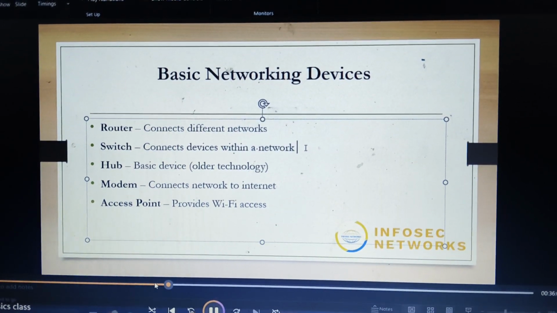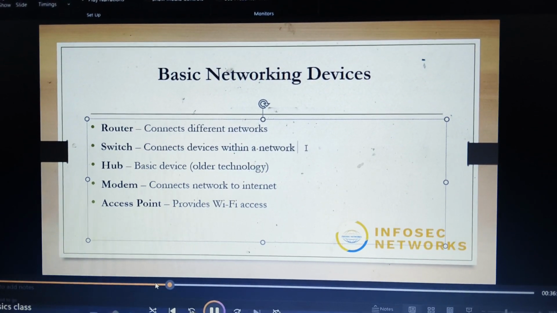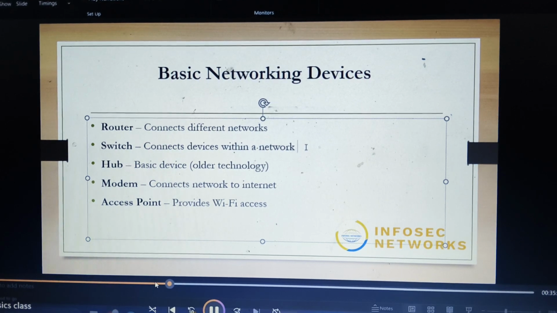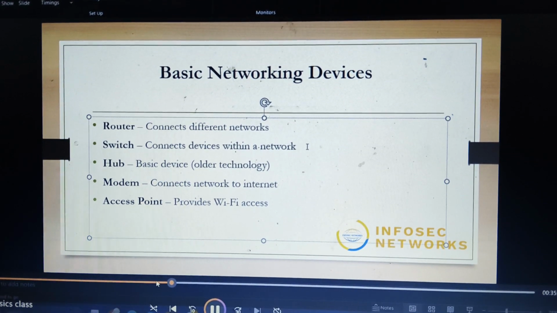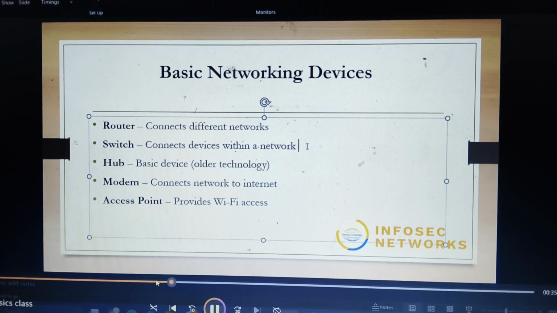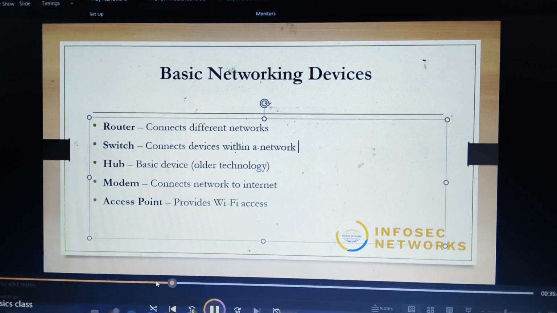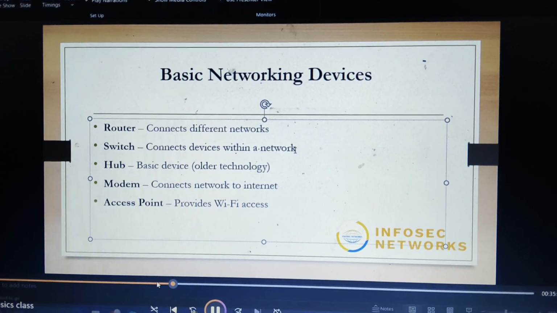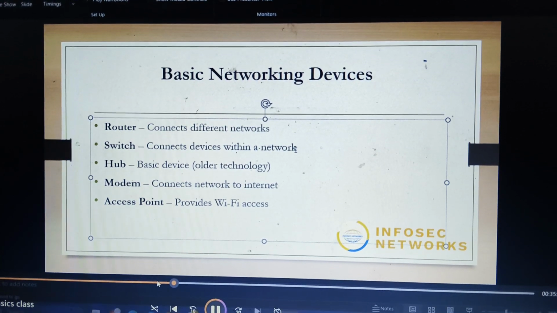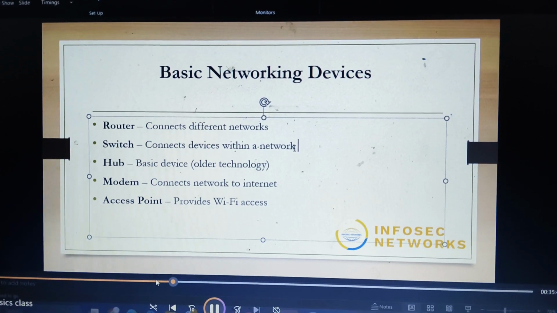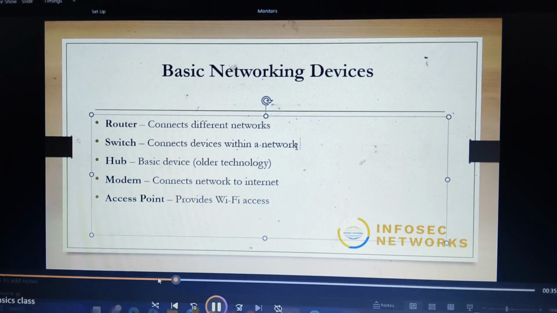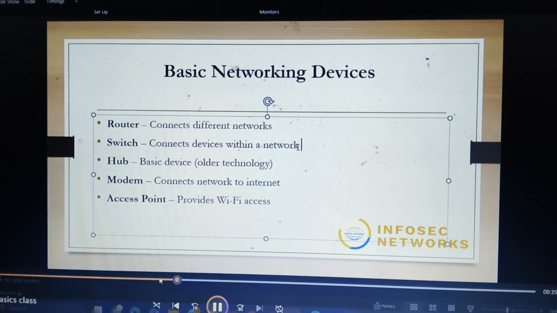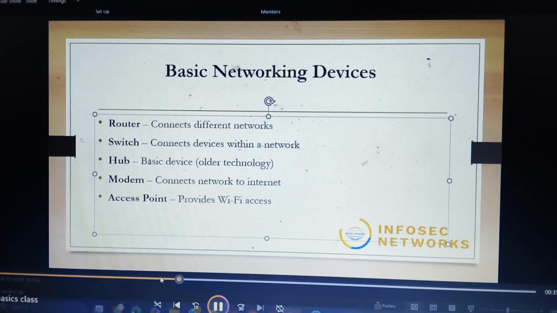How many computers are here? There are almost around 10 computers, right? These 10 computers are connected to the switch. So it connects devices within a network. Within a network means I have only one network, where I have 10 computers connecting to a single switch. Then